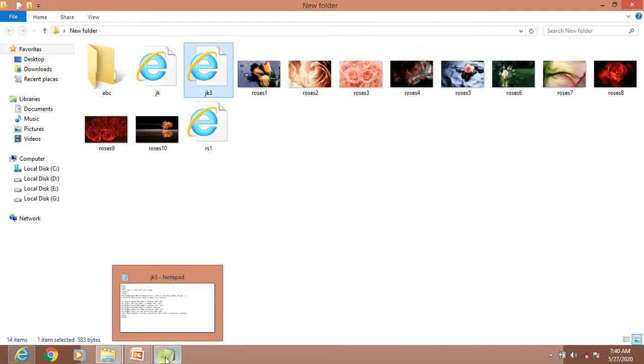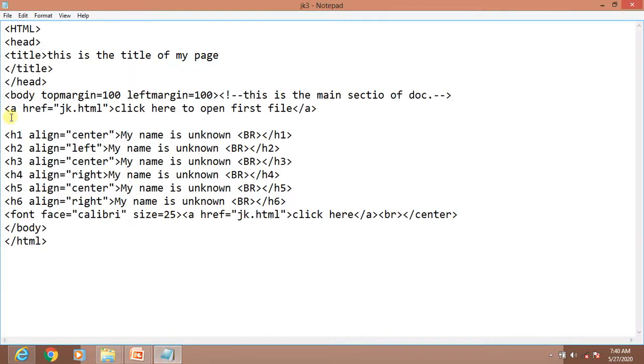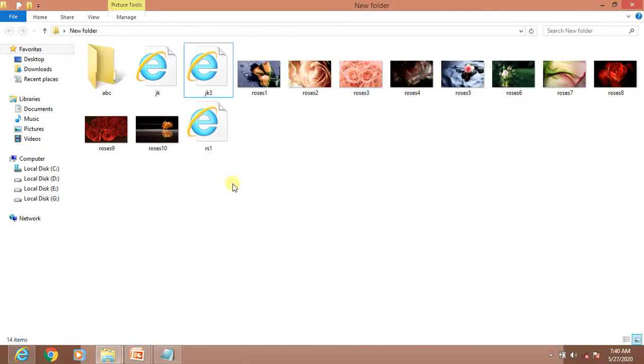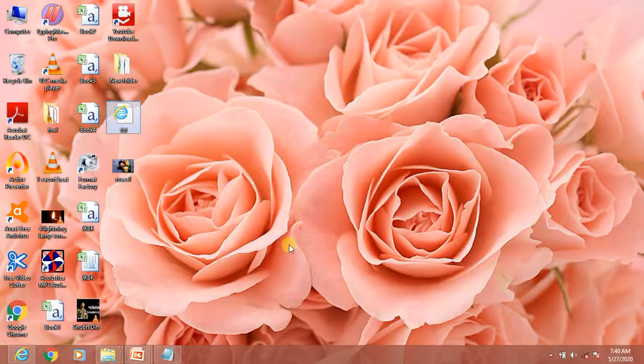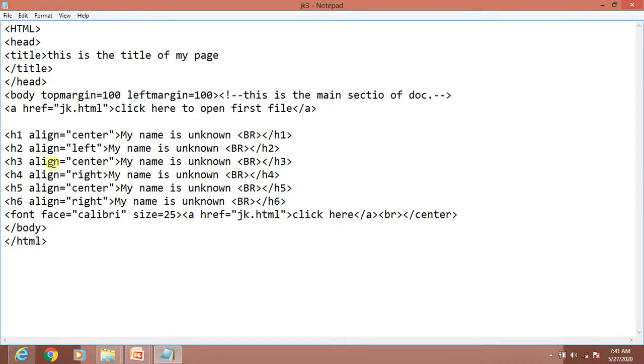Now if your file is in another folder, like this one, here it is in the same folder, but if the file is on the desktop, like this file is not in the same folder, it is on the desktop. So for this, let us use another link, a href equal to, then we have to use the complete location.